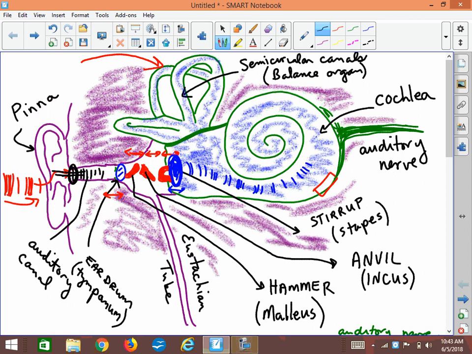If you have an infection, the space around the 3 red bones fills up with thick, gooey mucus, and it won't drain properly. It's supposed to drain down the eustachian tube. The mucus drains out this way. But if this tube is very thin, and it can't drain properly, you cut a little hole in the eardrum,